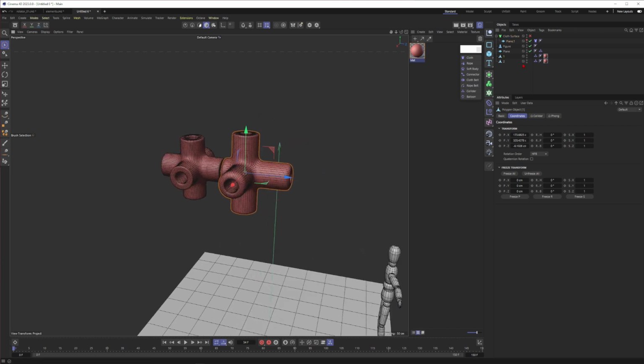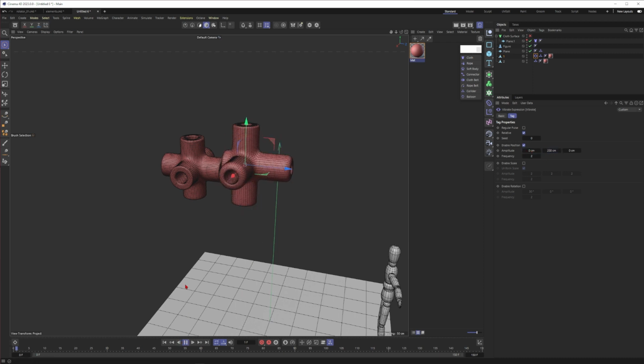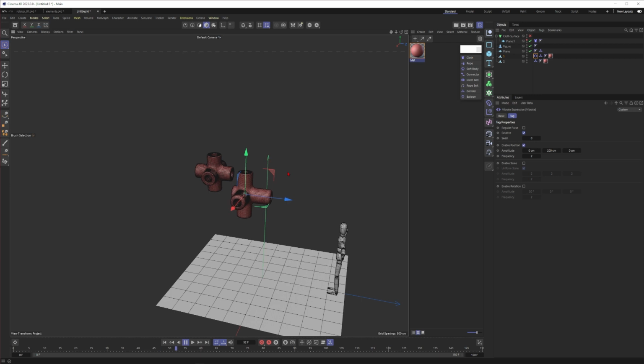Okay, so I think I just go to this element and let's right click on it and put a vibrate tag on it. And what do we want to animate here? I think we want to animate a position, and I think we want to animate it in the y-axis. Let's just see. All right, so this is already interesting. I think the amplitude is too high, so I put this one to 100 and I put it to 1, the frequency. Just make it slower. All right, and now we have some random animation, which will hopefully interact in an interesting way with our plane,